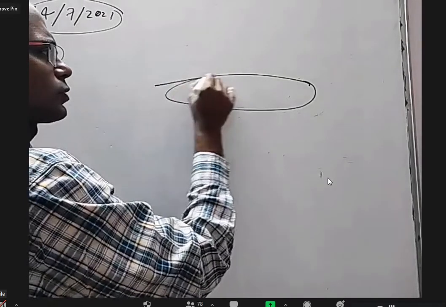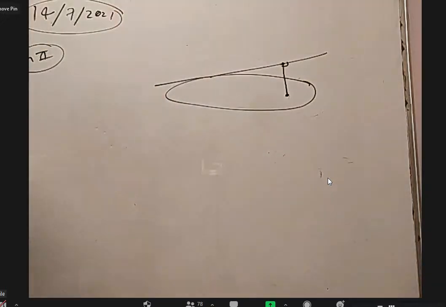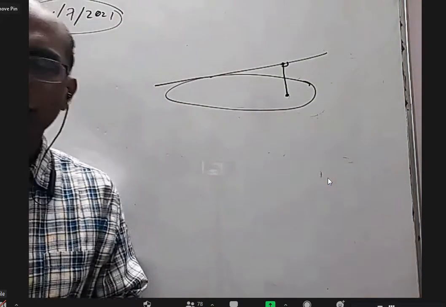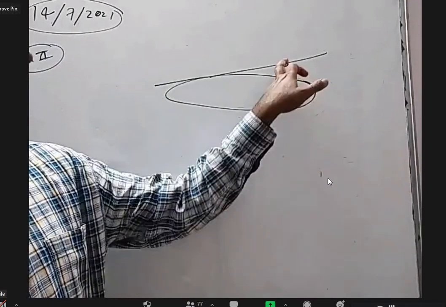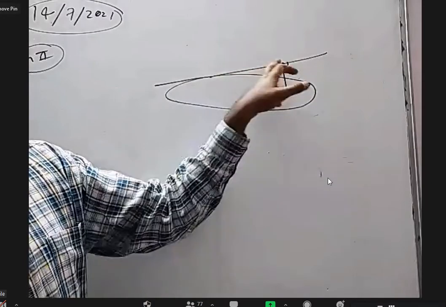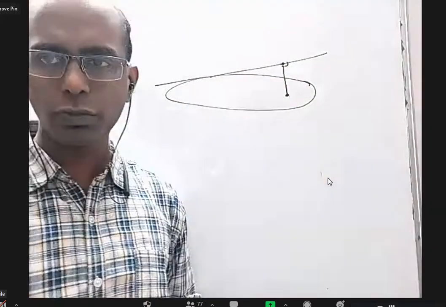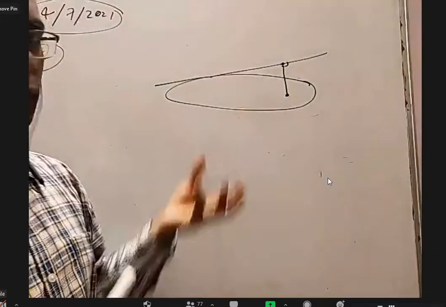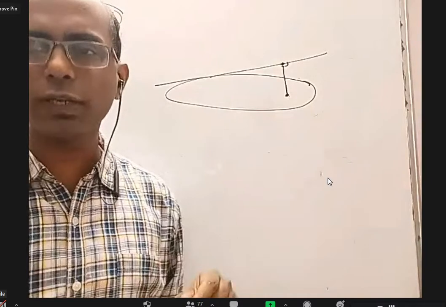We have a tangent and the foot of the focus. I want to find this. Even if you do it by the standard locus method, it will become very lengthy. Take this as (a, 0). This point is (x1, y1). You know this slope, so you know the point and slope, and you can find the line. For a line to be tangent to an ellipse, there is a condition. Use that. It's not going to come to the auxiliary circle easily. It's going to be a little lengthy, and you have to factorize it, and then you're going to get the auxiliary circle.